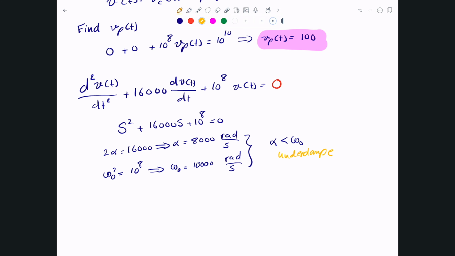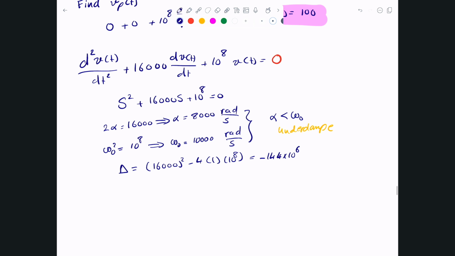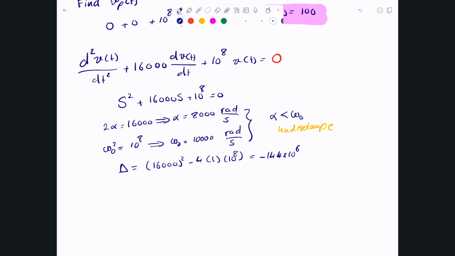So what do we do with that? Well, we use the underdamped solution, or you can also compute the discriminant delta. And delta is just simply 16,000 squared minus 4 times 1 times 10 to the power 8, and you'll end up with some sort of a negative number. I calculated it, even though we will not be using it: negative 144 times 10 to the power 6. The idea is it's a negative number, so I have two complex conjugate solutions in this particular case. And before we move on, what we usually do whenever we see that we have an underdamped response,